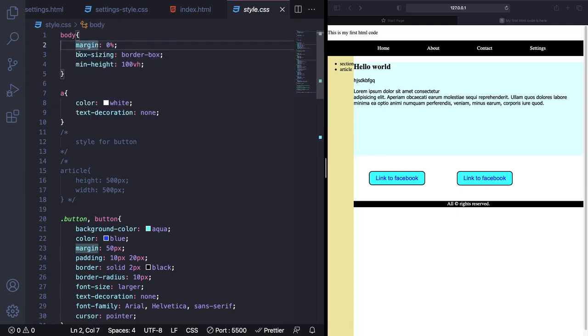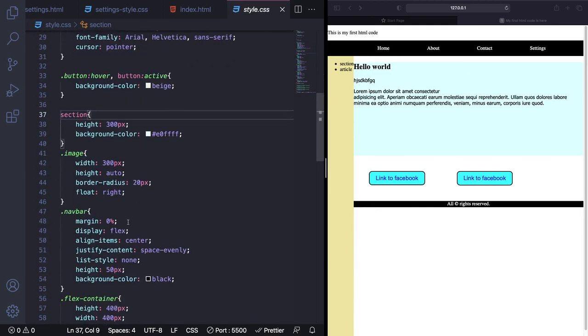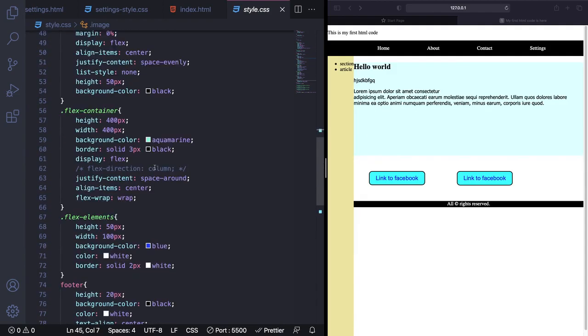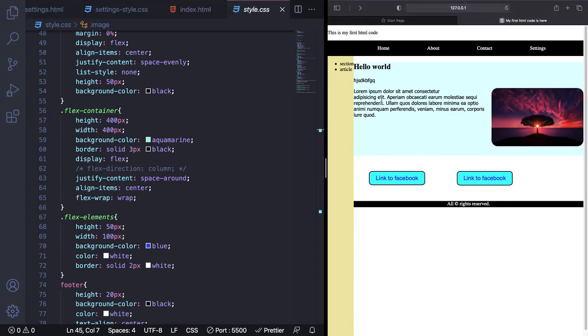Properties like margin, box sizing, min height, color, text decoration, background color, padding, border and border radius, and a few typographical contents, as well as height and width, as well as float. So let me just refresh this. So this is what is present at the end of the last lecture, and especially we have seen